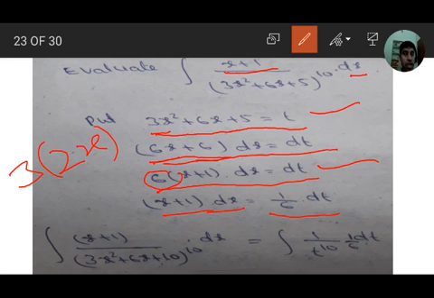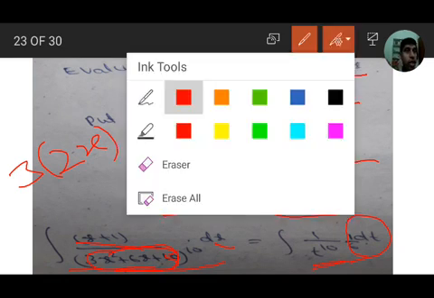Therefore integration of x plus 1 by (3x square plus 6x plus 5) all to the power of 10 dx equals, this (x plus 1) dx equals 1 by 6 dt, and integration 1 by this (3x square plus 6x plus 5) all to the power of 10, that is this value is t, therefore t to the power of 10. Therefore we get integration